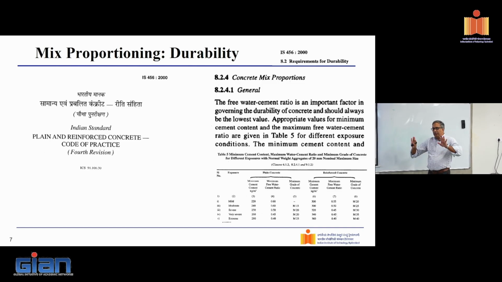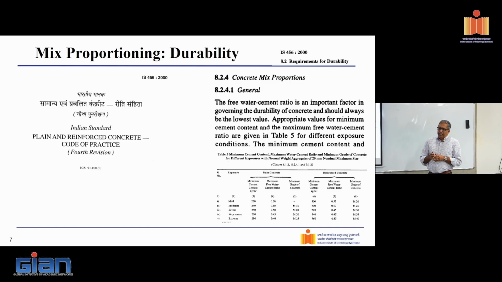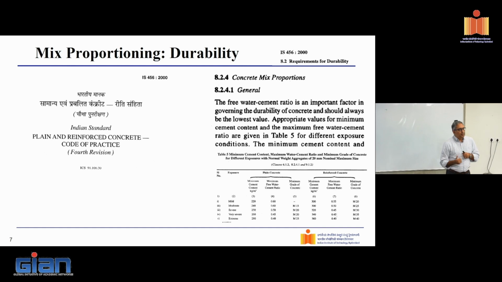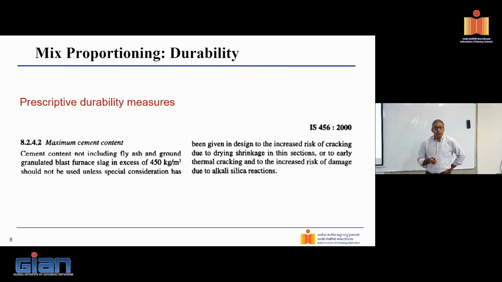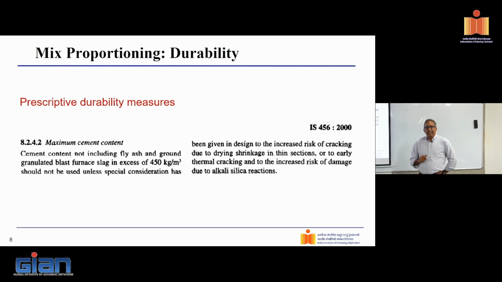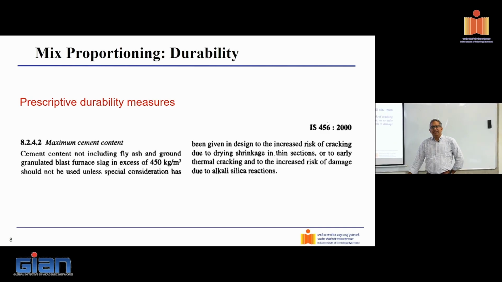So here what you have to do is, if you're bringing in durability concerns, you look at the parent document IS 10262 and use it in conjunction with IS 456, which basically combined gives you a measure of durability. There's another very important measure that oftentimes is overlooked about durability. Now, like I mentioned, there are no free lunches. If you keep on increasing your cement content, there are other things that happen. It's not just that my cost goes up.